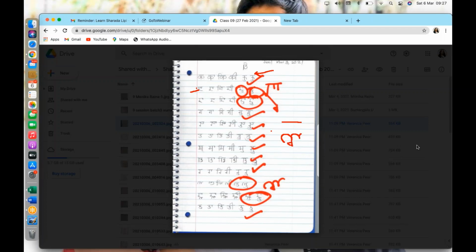Rakesh ji, have we touched upon u and u, or are we yet to do it? Yes, I think we've done it. As you pointed out, that is correct. I think the student has a little confusion. Yeah, what you're saying is right. We have touched this rule, U and U, because I wasn't there for the last 2 sessions, my mistake. So the U matra and U matra would follow the normal rule, not the special rule. So I think there's a slight confusion.